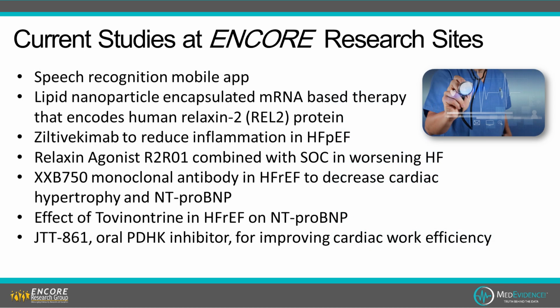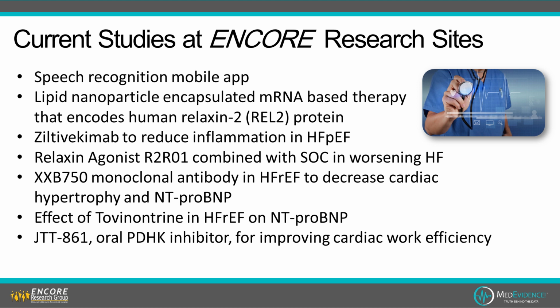And this just gives you a quick view of some of the things that we're doing now. And this gets really, really technical, and I'm not going to go into all the details unless you are interested. I'm happy to give you a little bit of a biochemistry lesson if you choose, but I'm not going to bore everybody with that at the moment. But all these things are looking at very specific biochemical pathways and ways of treating them. The only one that I will mention, because it's super interesting, I think, is number 2 on the list, which is targeting something called relaxin.